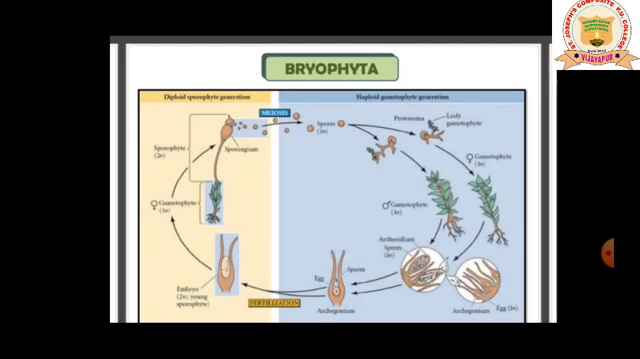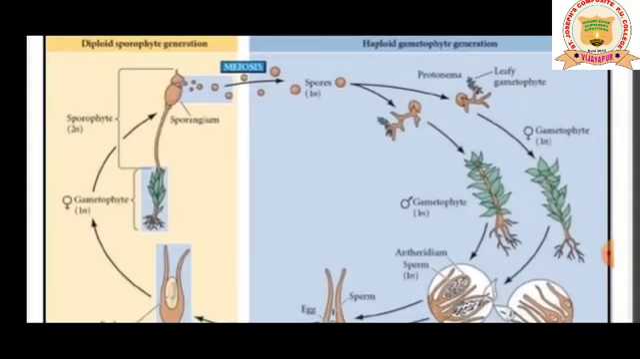This sporophyte will go for reductional division, that is called meiosis, to produce haploid spores. These spores germinate and produce the gametophyte again. In this way, the life cycle of bryophyte will continue. Can you see? See, this is the